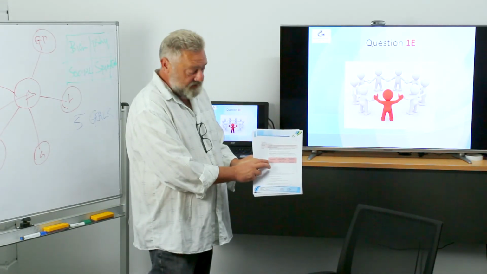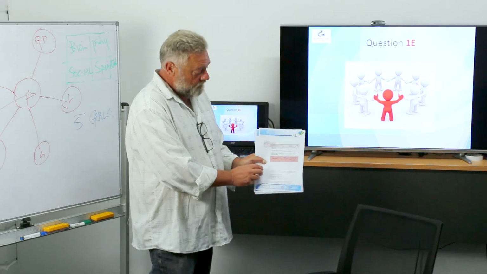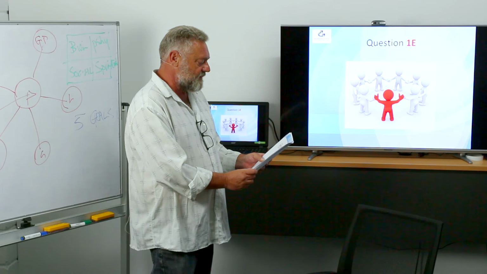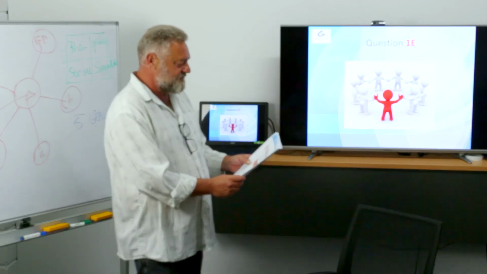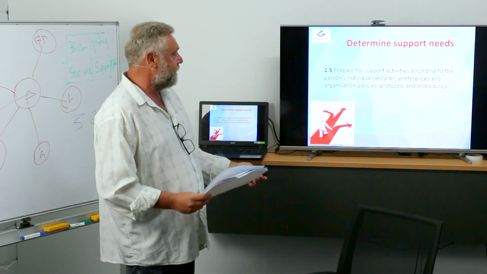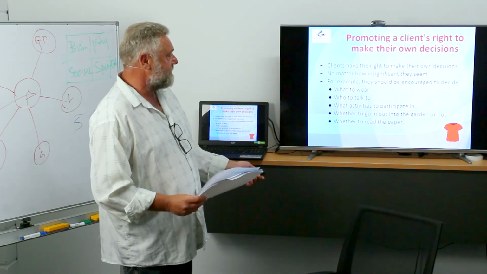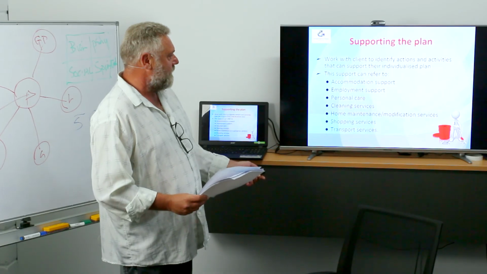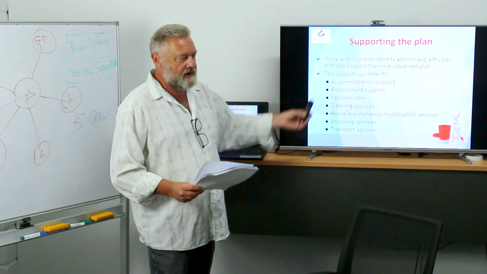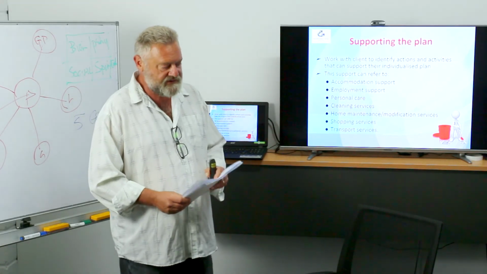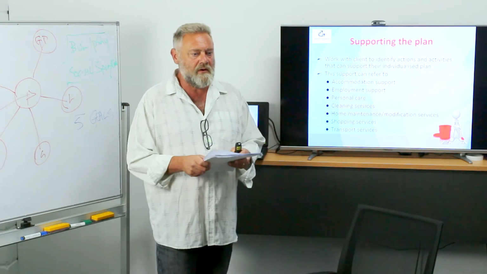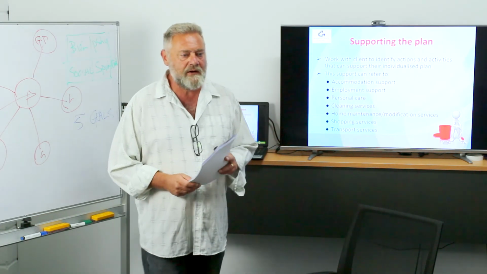You write them in the first column. And then it says how to support in accordance with clients' preferences and specific needs. So we talked about accommodation support, and the example I gave you was client needs new housemate, supporting client to,